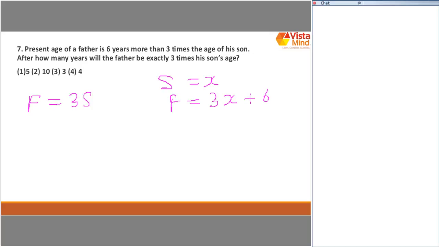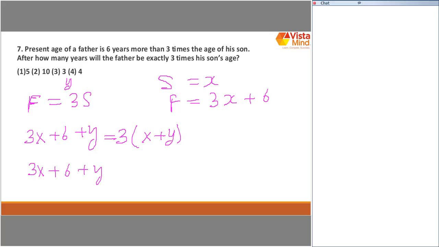So how to go about this question? Let us say after y years this is happening. So the equation becomes 3x plus 6 plus y equals 3 times the age of the son at that time, which will be x plus y, because he is also getting older by y. On solving it, 3x plus 6 plus y equals 3x plus 3y. So 3x gets cancelled with 3x, and it becomes 2y equals 6, y equals